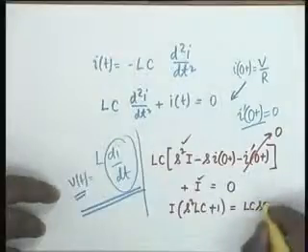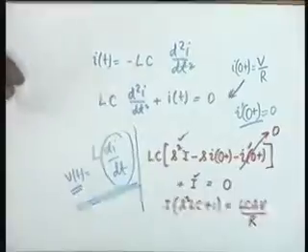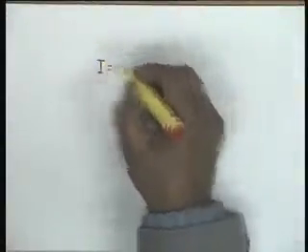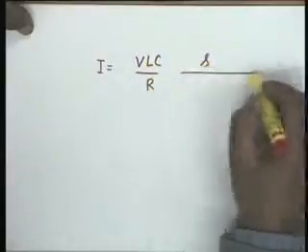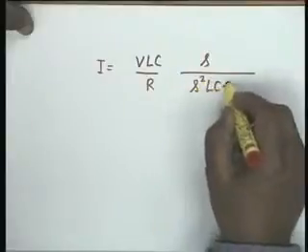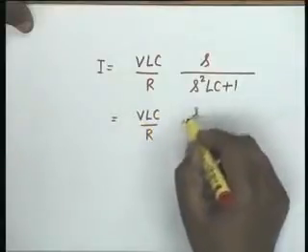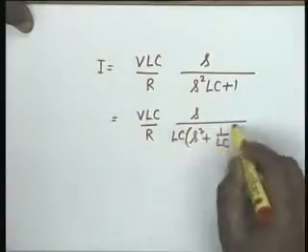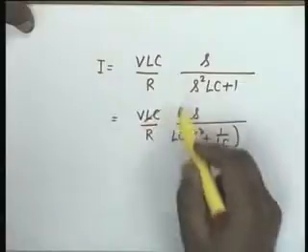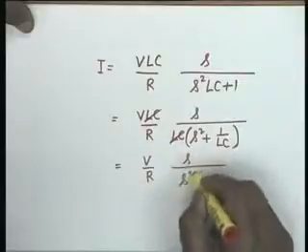LCS, and I of 0 plus is V by R. So that's it. Which means that capital I would be equal to VLC divided by R, S divided by (S squared LC plus 1), and I can write this as VLC by R, S divided by (S squared plus 1 over LC), and then you have to multiply by LC. This cancels with this, so it is equal to V by R, S divided by S squared plus 1 over